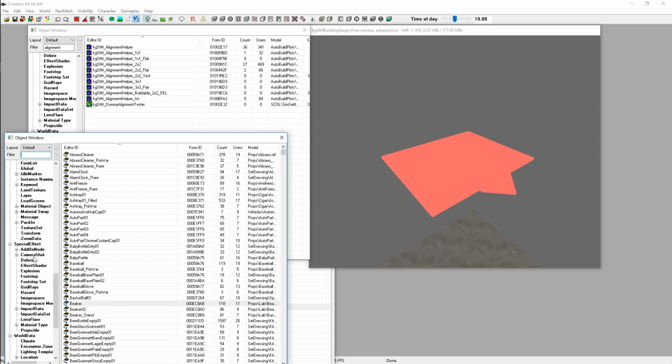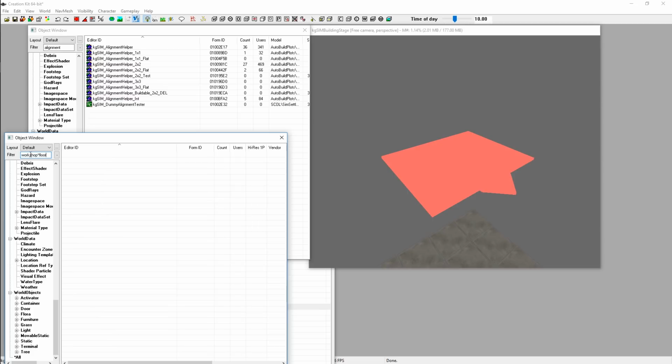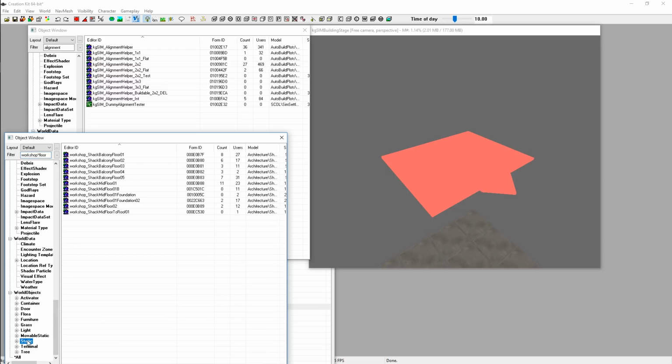So I'm going to just show you what happens when you drop an item onto this alignment helper, because that's the best way to explain this. I'm going to type in workshop asterisk floor, the asterisk being a wild card, so it finds anything that's similar to that. And I'm going to click on static under world objects to bring up some floor pieces that I'm very familiar with. So we're going to go ahead and grab this shack mid floor, which is a standard wood floor you use in workshop mode, and just drag it on here,